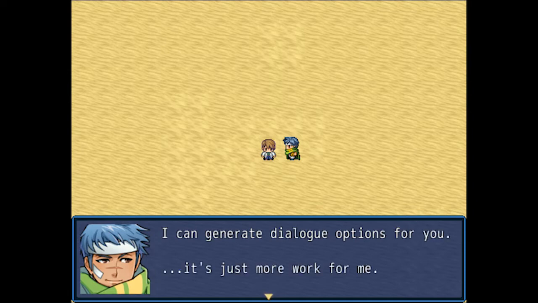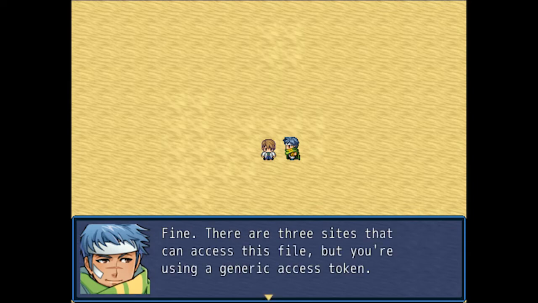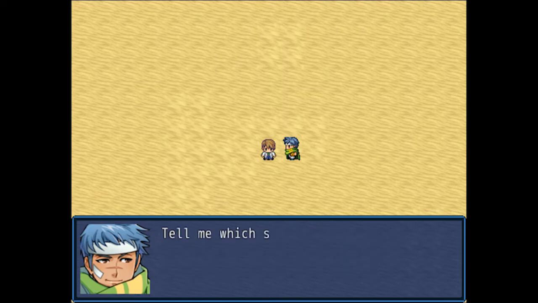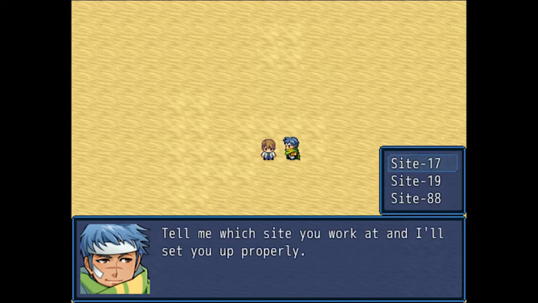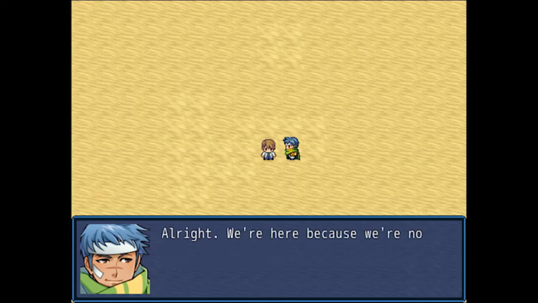It's just more work for me. Ugh. Fine, there are 3 sites that can access this file, but you're using a generic access token. Tell me which site you work at, and I'll set you up properly. Site 19. Cool, I can just sync your token with Site 19 system, and that'll fix it.